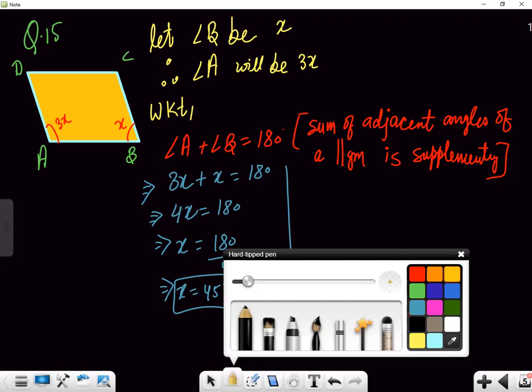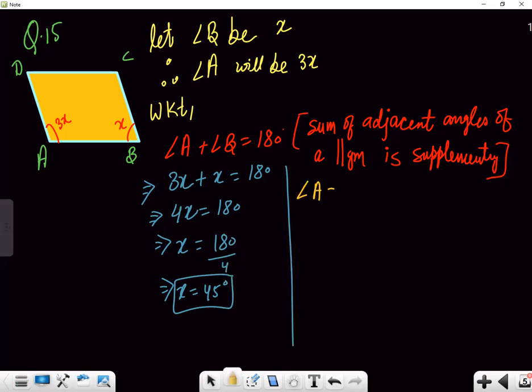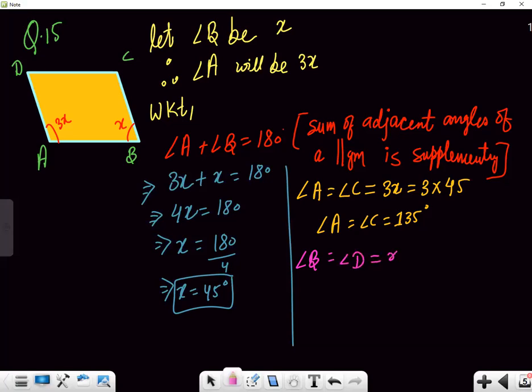Okay, so look clearly. As you all know that angle A is equals to angle C, because they are the opposite angles of a parallelogram. Therefore angle A and angle C are both of equal measure, which are equals to 3x, and 3 into the value of x is 45. Therefore angle A is equals to angle C is equals to 135 degree. So angle A and angle C both measure 135 degree. Now the angle B is equals to angle D, and the measure of both is equals to x. So therefore angle B is equals to angle D is equals to 45. Okay, now